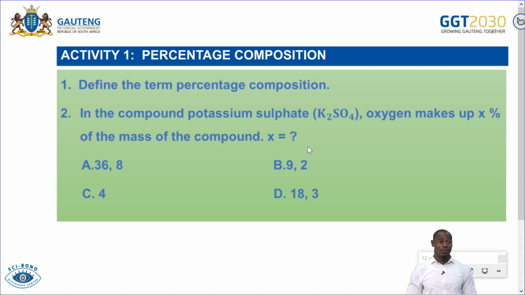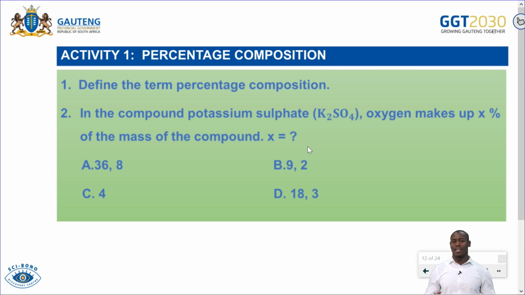In the compound potassium sulfate, K2SO4, oxygen makes up X percentage of the mass of the compound. So determine the value of X. What is the value of X? Is it 36.8? Is it 9.2? That is option B. Is it C, which is 4? Is it D, which is